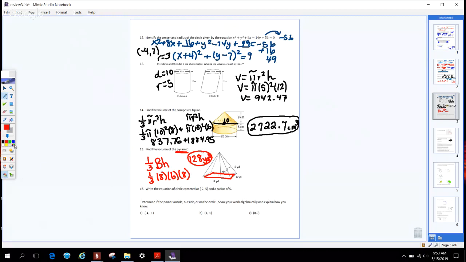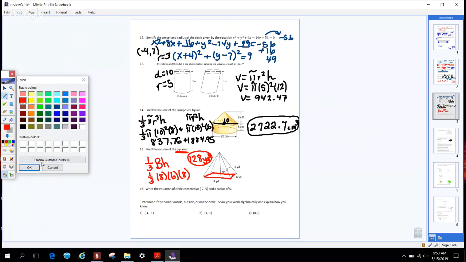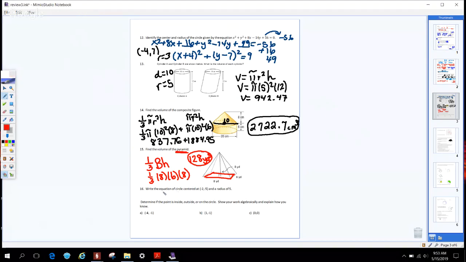Here it says write an equation. So we're going to switch the signs and square the radius. Determine if it's in, on, or outside. This one I showed you, all you do is you plug these points in. These are 3 different equations. So here I'm going to plug in